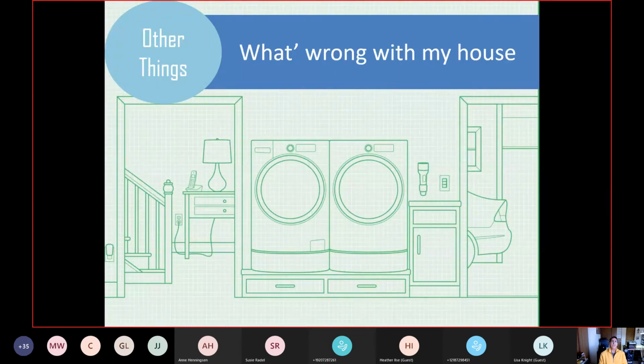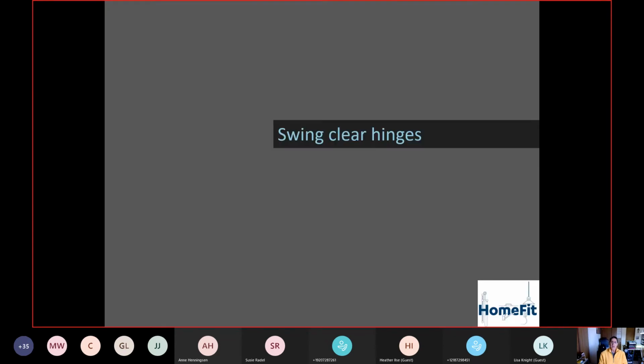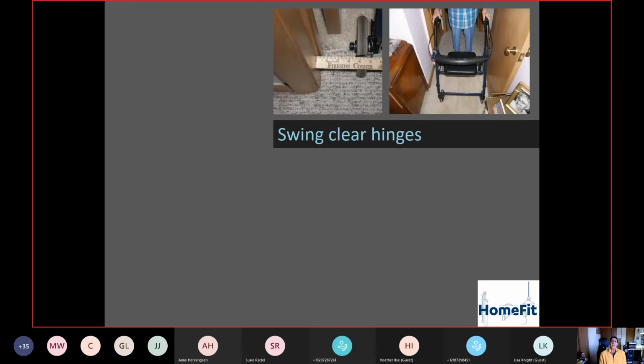Now let's look at some other things. Swing clear hinges. If you don't get anything from my presentation today, please pay attention to this. This is a wonderful toy. I love it. I did this for my parents' house and it worked perfectly. A swing clear hinge. Basically, if you'll notice in a typical door,